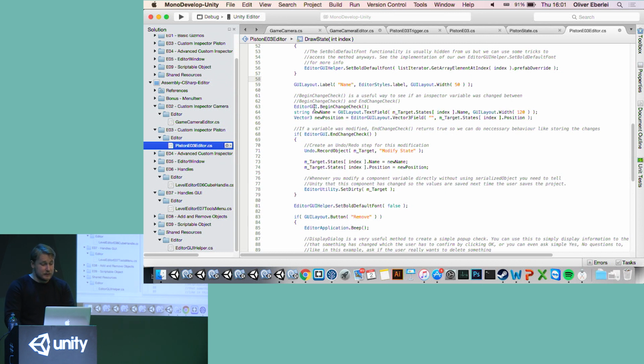But the interesting part is, I have the label of the state, and then I use the EditorGUI.BeginChangeCheck. And this BeginChangeCheck goes together with EditorGUI.EndChangeCheck. Basically what this does is you encapsulate an area with editor values, and if any of those values are changed, then this EndChangeCheck returns true.